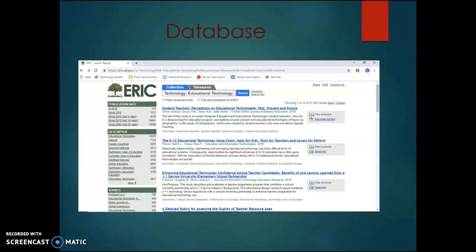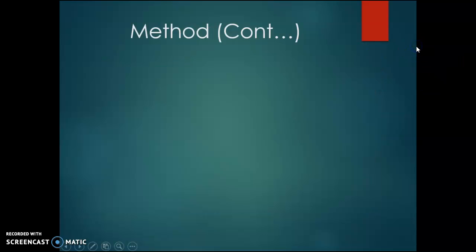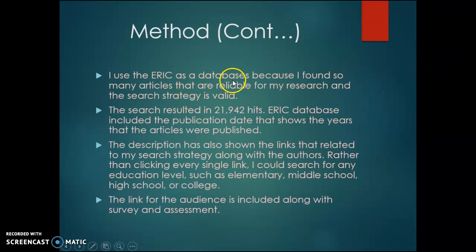The database I use is EDUC, right here. I use EDUC as my database because I found so many articles that are reliable for my research, and the search strategy is valid. The search resulted in 21,942 hits, which I inserted with the search strategies that I included in my literature task. The EDUC database includes the publication date that shows the years that the articles were published. The description shows the link related to my search strategy along with the authors,